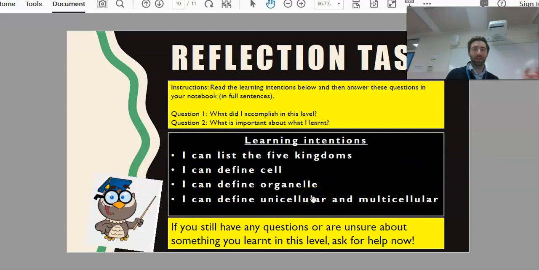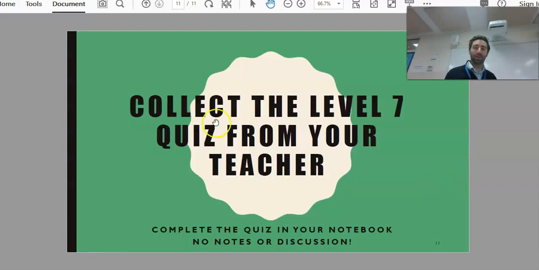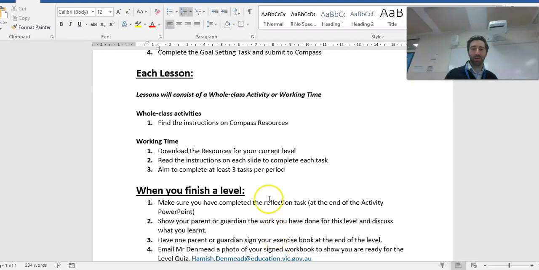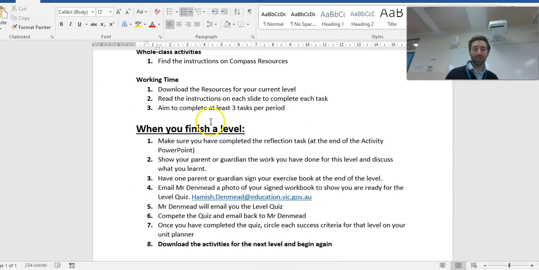And of course, anytime on Teams, if we're doing working time, you can always post questions, you can email me, treat it like a normal class. So then the last task just says, collect a level 7 quiz from your teacher. So let's go back to the remote learning instructions, and now we're here. So when you finish a level, so we just finished level 7,